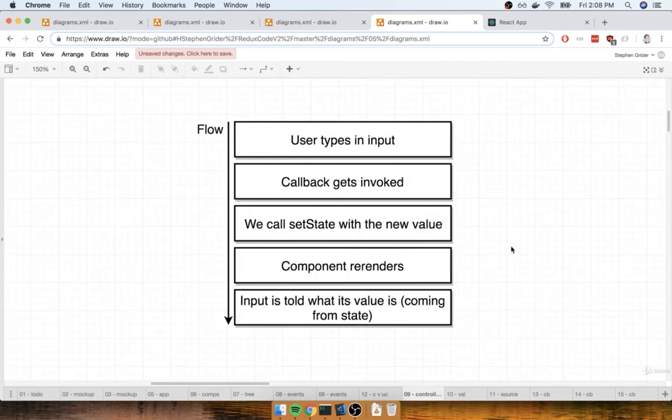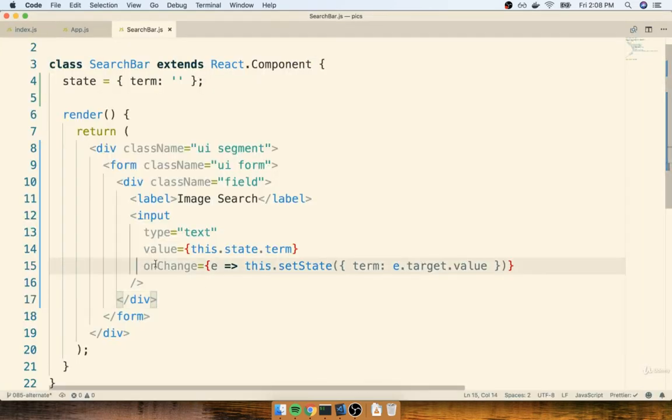The easiest way to explain this would be to show you a flow diagram of what is now happening inside of our component, and then for each step inside of here, we'll go back and refer to one of the different lines of code that we have. So first thing that happens is the user types in that input. And the instant they do, our callback gets invoked, the one that we are passing to onChange right here. So the instant a user types in that input, this function gets called,